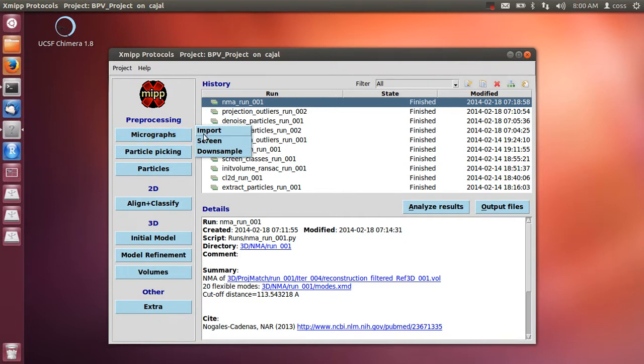So this is, as we have seen, for letting the project know that you have some micrographs. This is called import micrographs. Then normally you would go to screen micrographs to make sure that your micrographs have the correct CTF, and then you may downsample them or not, depending on whether you want to work with smaller images, not only because of speed but also because of noise, because normally you remove noise and then all the algorithms converge